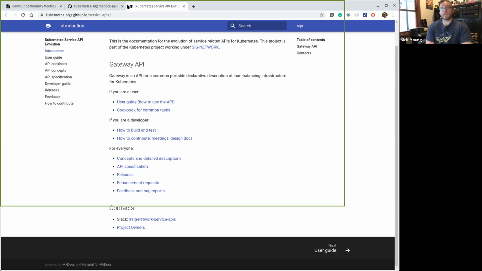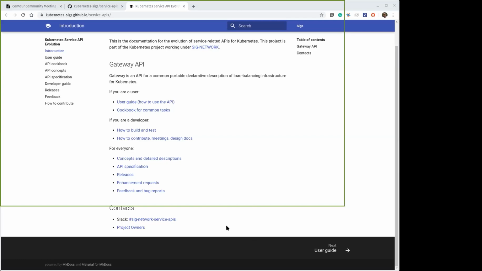But the idea here is that if you are running Contour master or Contour 1.3 when it comes out, you'll be able to pass an experimental service APIs flag that will expect the service APIs objects to be installed in your cluster. And currently all it will do is record that it has seen the objects. But the whole idea here is to wire everything up so that the wiring is ready for us to add further logic in once we get to the point of actually having logic defined by the service APIs project. Build that foundation.